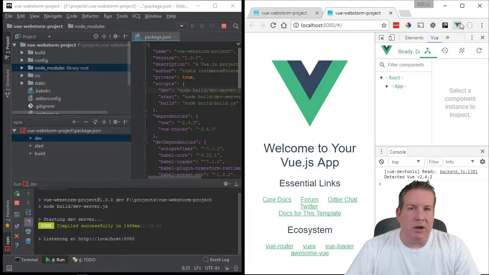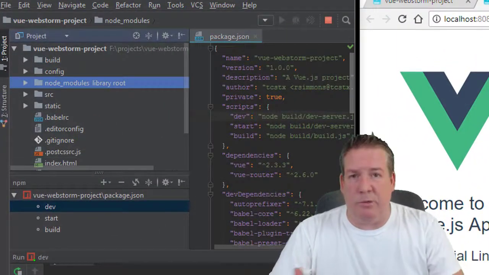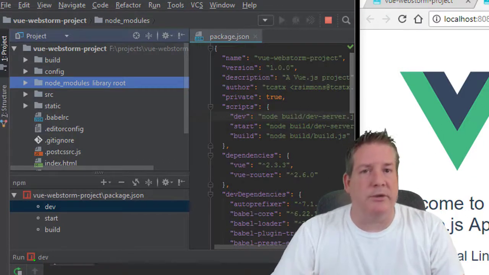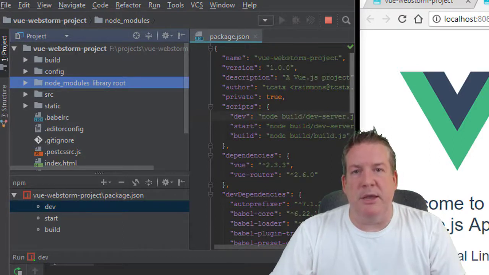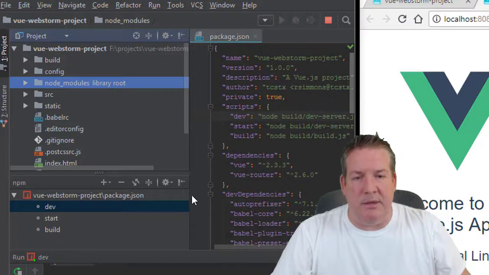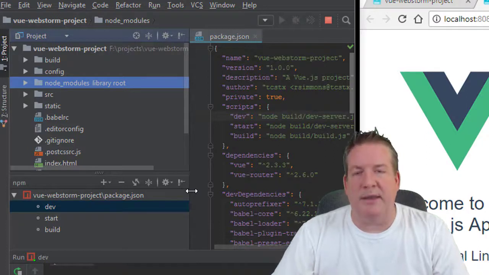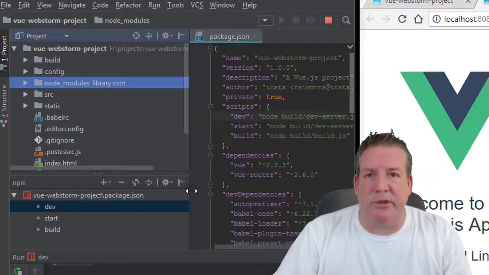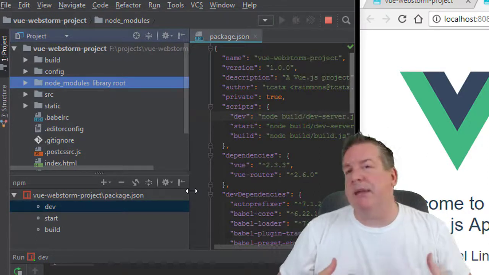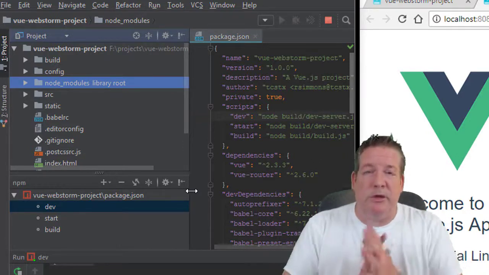Everything that I build from here on out in tutorial versions will start at this position. I always use the Webpack. I don't use Webpack Simple. I don't use Browserify. I don't use Browserify Simple. I use the Vue init Webpack. That's because I'm always going to bring in the router. I'm going to assume that you're going to want ESLinting or end-to-end testing or testing of some kind, maybe in the future. Now, we'll get to those tutorials much later, but at this point in time, maybe in the future,